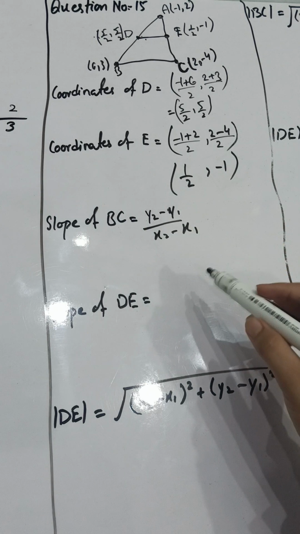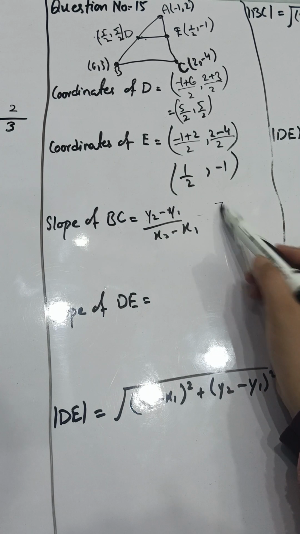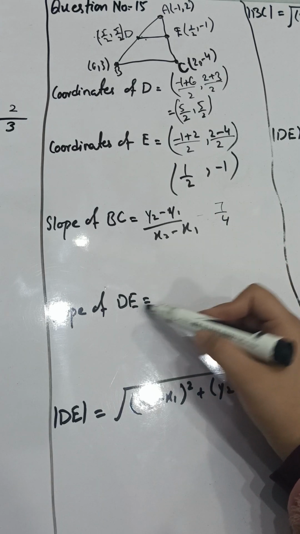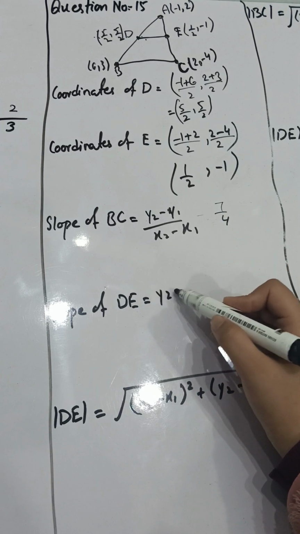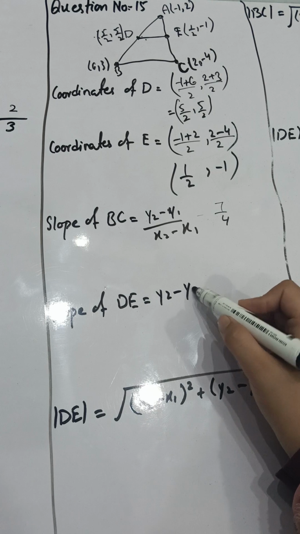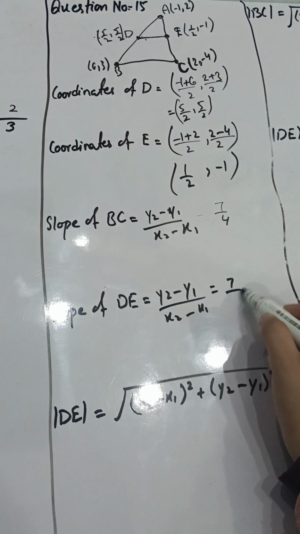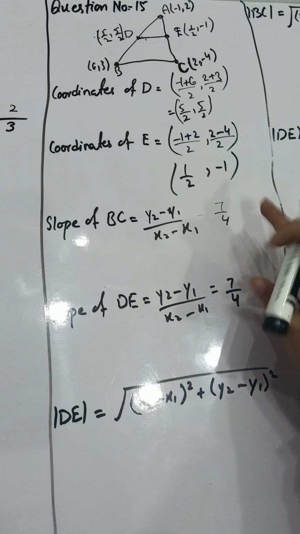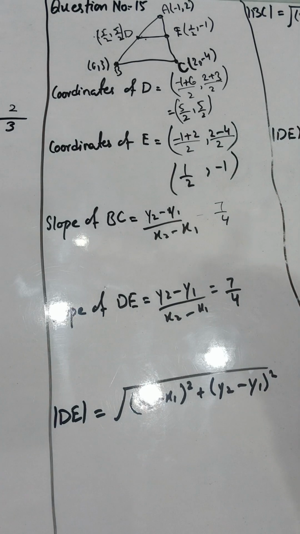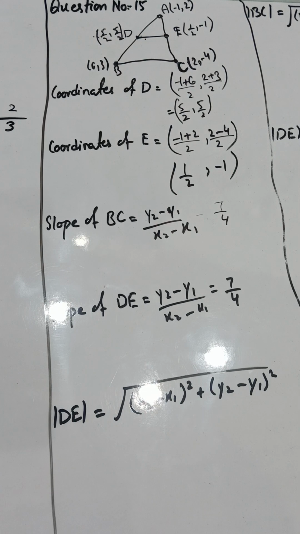आप इसमें वैल्यूज पुट करेंगे और आंसर आपके पास आ जाएगा 7/4। ठीक है, सिमिलरली आपने डी ई का स्लोप निकालना है। सो y2 माइनस y1 एंड x2 माइनस x1 आप करेंगे, इसका आंसर भी आपके पास 7/4 आएगा, जिसका मतलब ये है कि दोनों लाइन्स एक दूसरे के पैरेलल हैं। हमने ये प्रूव कर दिया, लेकिन हमने असल चीज़ क्या प्रूव करनी है, हमने इनका डिस्टेंस निकालना है।